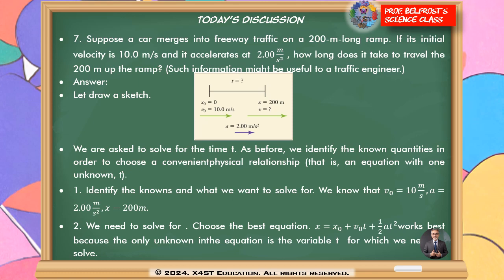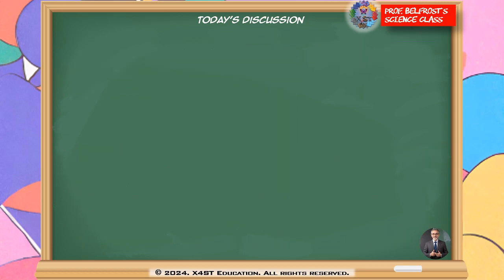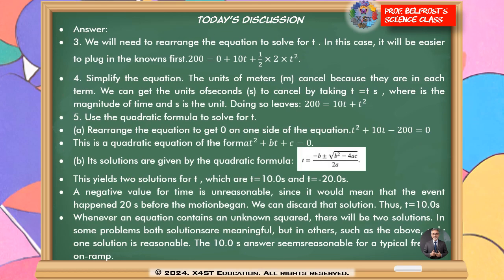And after some thinking, okay, then we got it. The best equation to be used in this problem is x equals x0 plus v0 t plus half times a t squared. Okay? Because we have all the knowns and the unknown